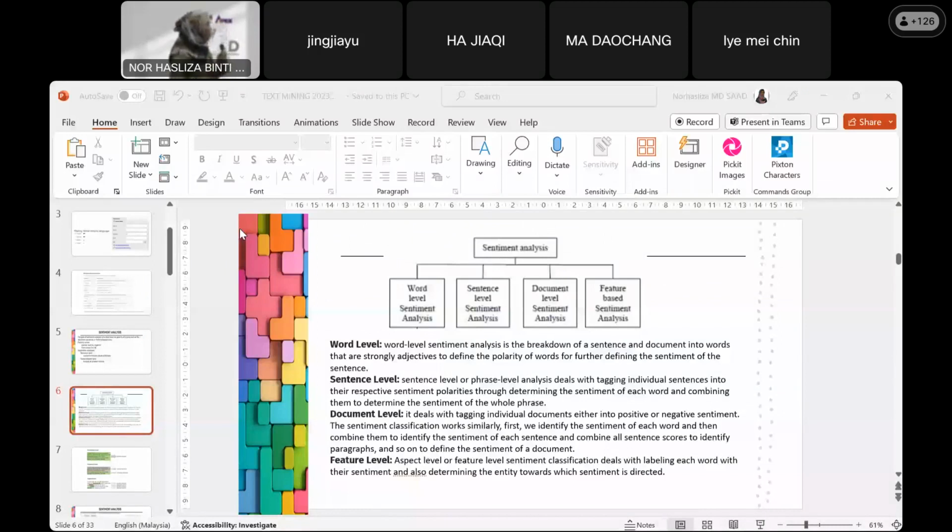If you look at this characteristic, this is the metadata from Twitter. If you try to extract it, you will get data characteristic.